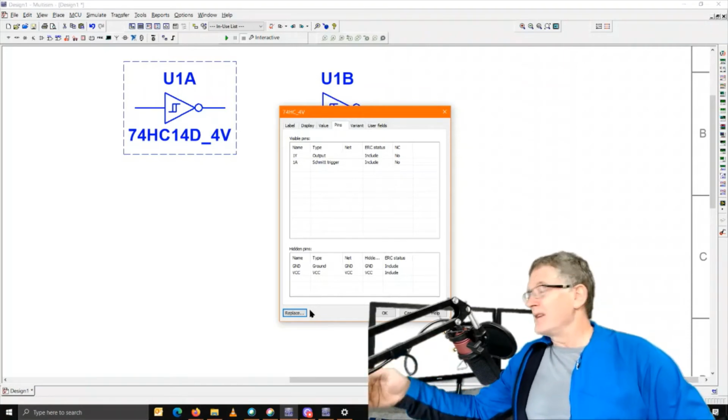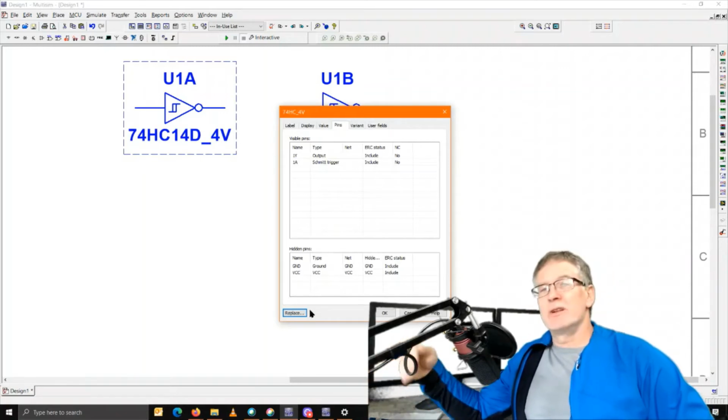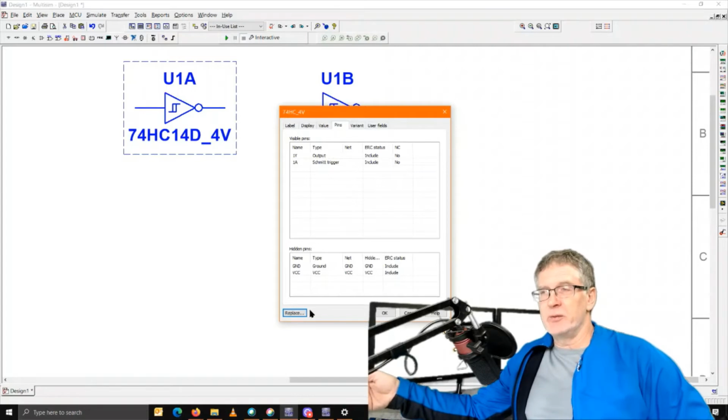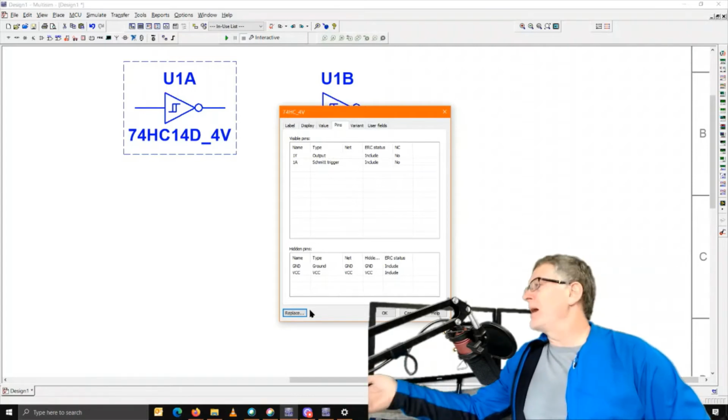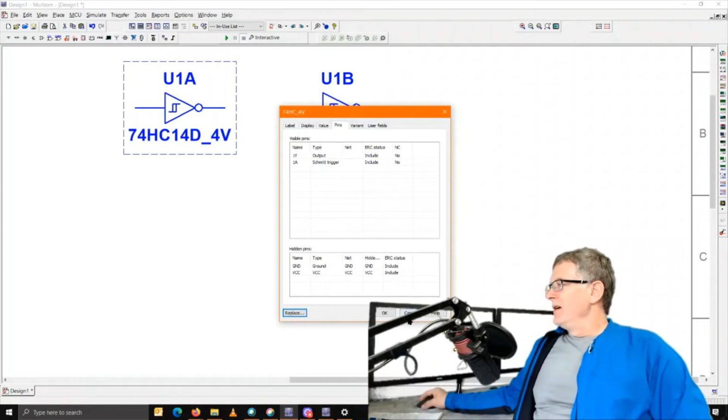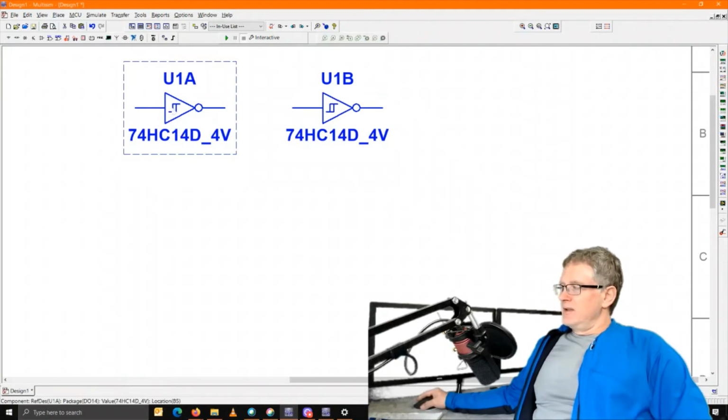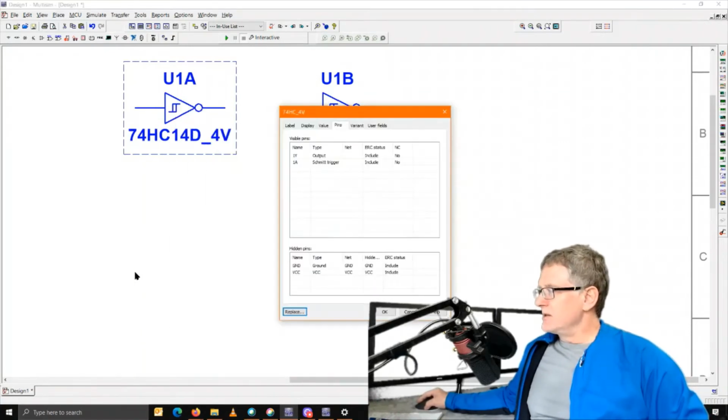That's automatic, and by default it needs to go to 5 volts. So they will usually hide that from you so that it makes the schematic easier to read. So these are, and I can turn on, the other thing I can do with this is if I bring up